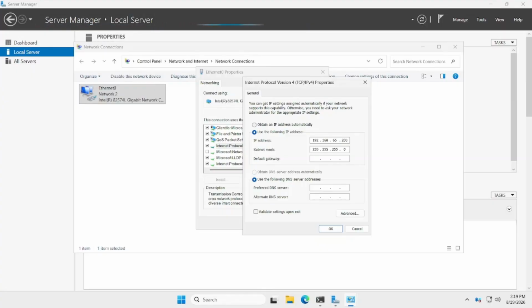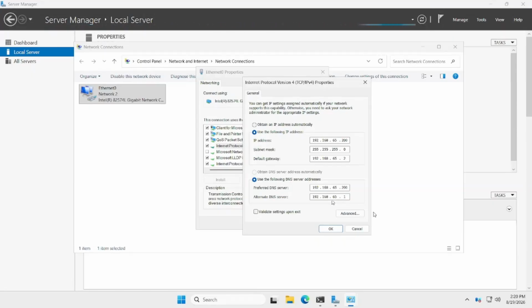The default subnet mask of class C. The default gateway, I'm going to keep it 192.168.65.2. The preferred DNS server 192.168.65.200, because I'm going to configure Active Directory on this server itself, and the DNS would also be running on the same server. So I'm assuming this would be our DNS server. In future classes or future configuration, I will show you. However, I can specify some other alternative DNS. So I can use